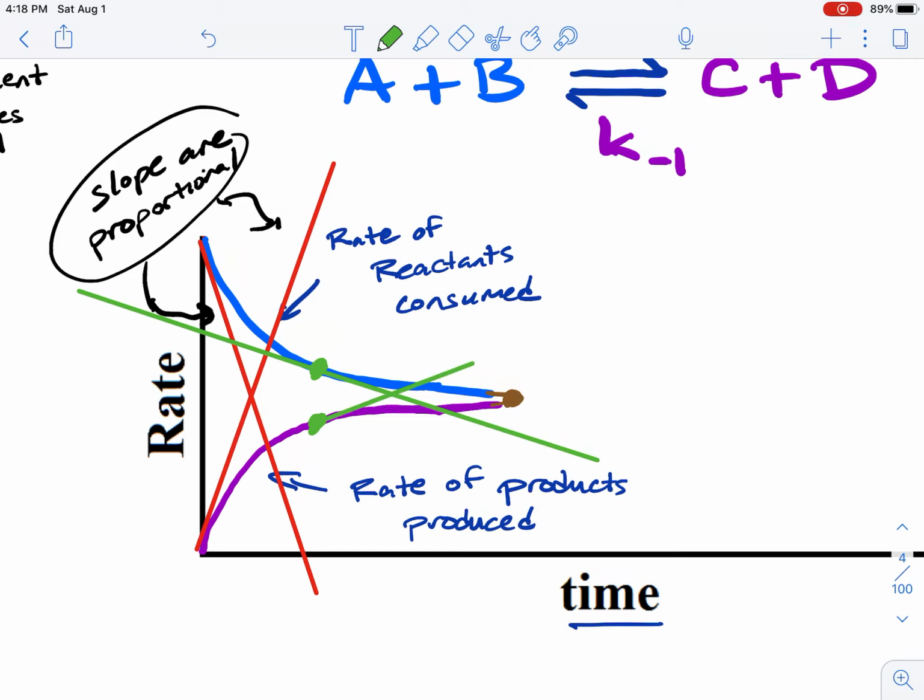So here you can see that, that one doesn't look too well, but that's okay. So notice how the lines are converging. The instantaneous rates are converging as the rate of the forward slows down and the rate of the reverse starts increasing. And so we can do this infinitely until we get to this